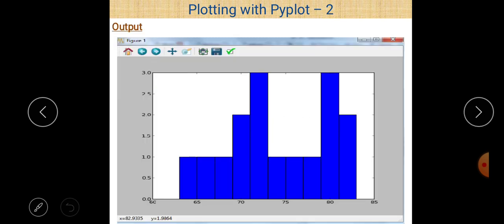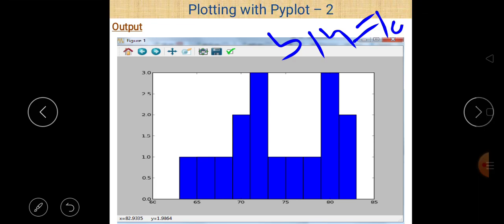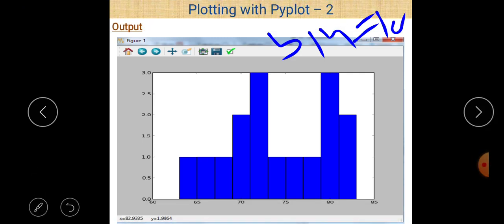After the execution of that statement, that is our final answer. You can see here we don't define number of bins here, so it is by default. You can easily count: 1 2 3 4 5 6 7 8 9 10 bins are here. Okay, if you want to define number of bins, you can use the bins parameter for that purpose. In this case bins is equal to 10 here, so 10 bins are here, or 10 intervals are here.